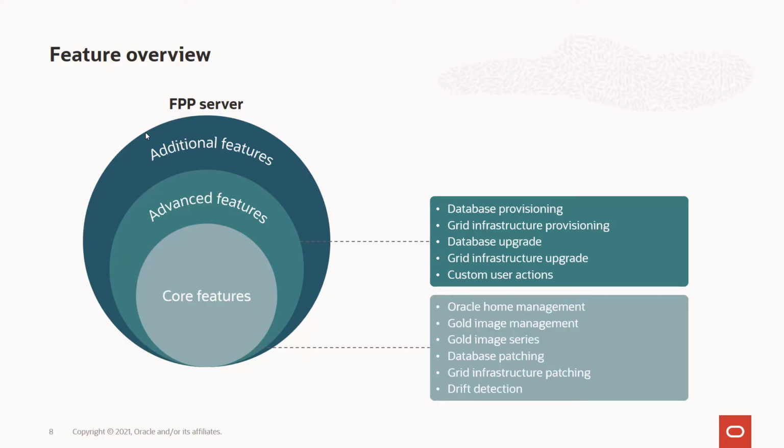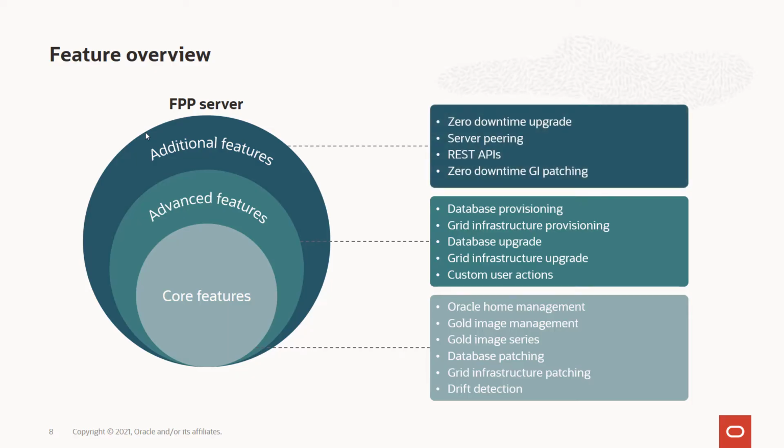Then there are advanced features that not all the customers need to implement, but are there, like database provisioning or cluster provisioning, upgrades as well, and custom user actions that the customer can use to plug in some specific script executions